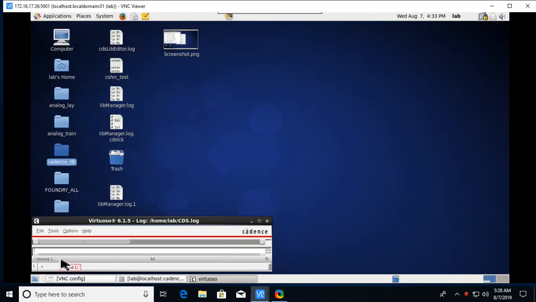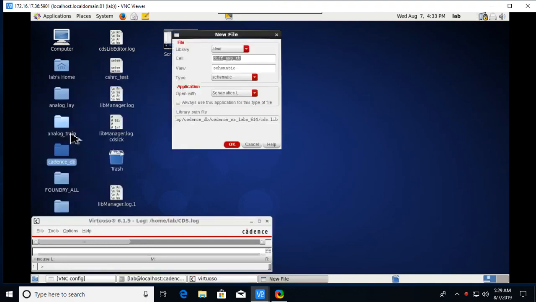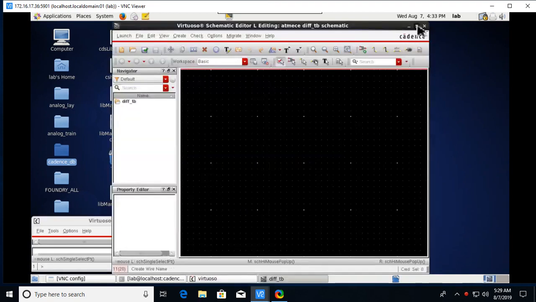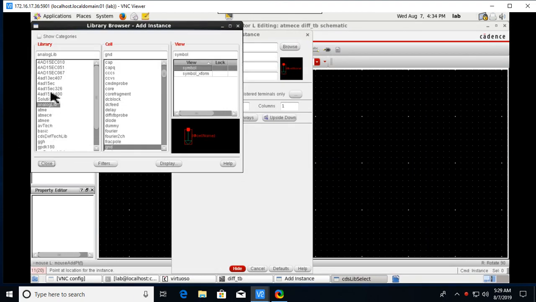Today let's see how to do the differential amplifier schematic as well as a test bench. For that, go to file, new, cell view. Go to your library and type the name as DIFF_TB, because the space is not allowed here. You'll get this window, and after that go to create instance, browse, and here select